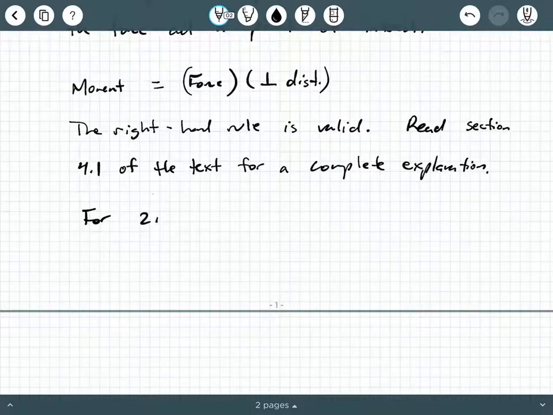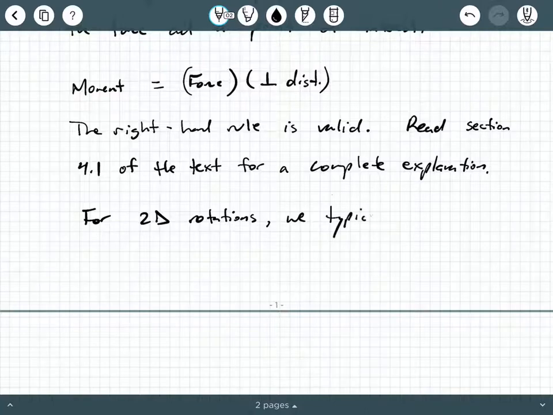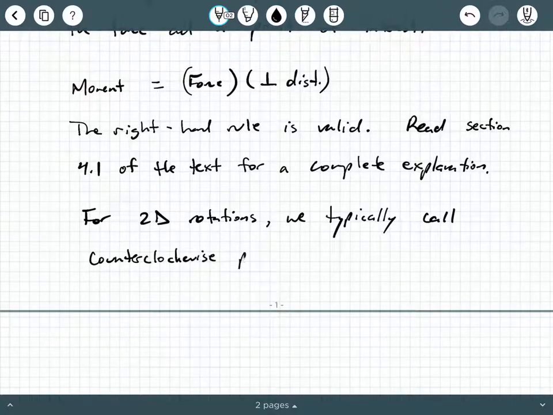For 2D rotations, which are planar, we typically call counterclockwise positive. So we say rotations that are going counterclockwise are going to be considered positive rotations, and that matches